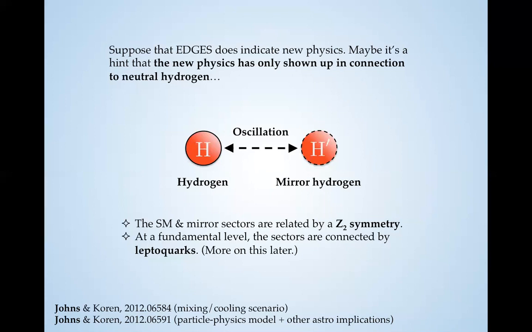So it can oscillate into a dark sector state without violating any gauge symmetries, much like how a standard model neutrino can mix with a sterile neutrino. Very similar kind of idea. Of course, hydrogen is also a composite particle, which means it's not totally obvious why there would be mixing between it and a dark sector state. But there is a well-explored model building framework in which this makes sense. It's the framework of mirror models, in which there's a copy of the standard model particle content. It's not necessarily all populated in the universe, but it exists.